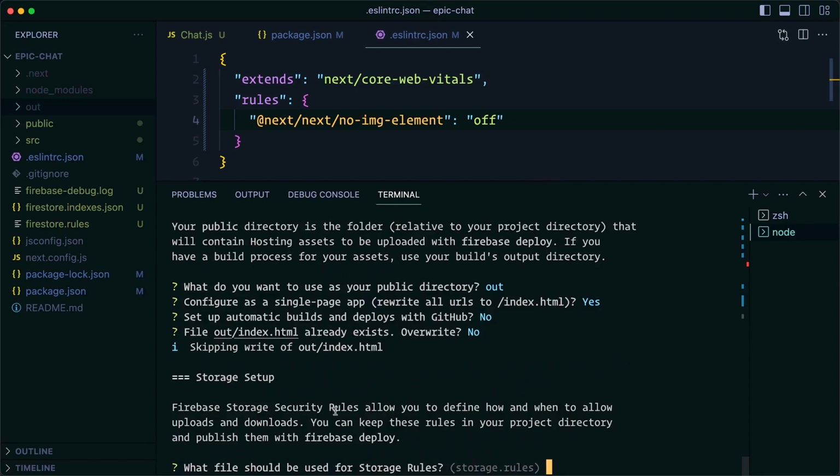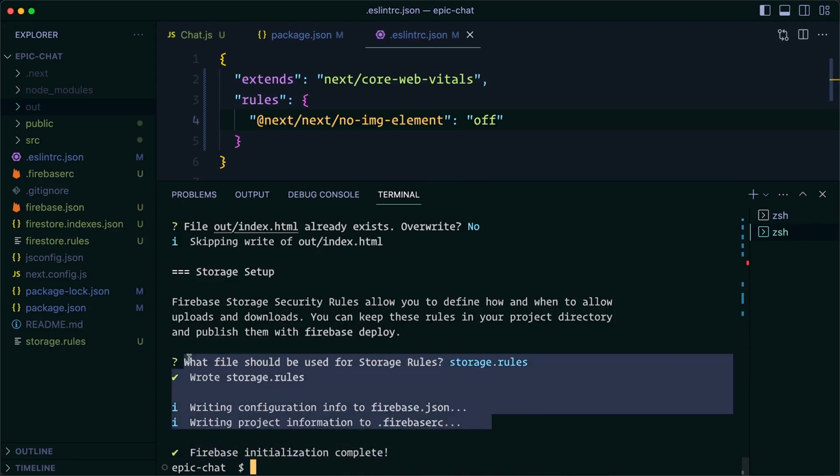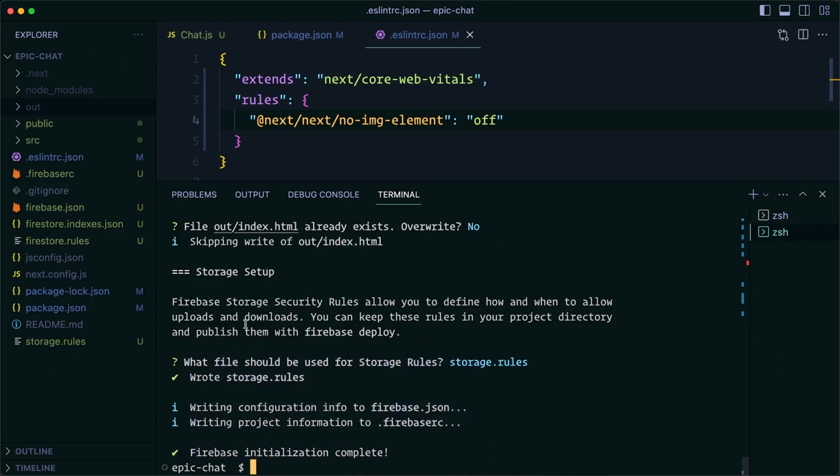And then it'll go through the storage setup. It's going to allow us to keep track of our storage rules. We'll just hit enter. Then all of those different resources are going to be set up, and all of our files are going to be created. So we've initialized Firebase with hosting, storage, and Firestore. The last step that we need to take to actually push our app to the web is just run the command